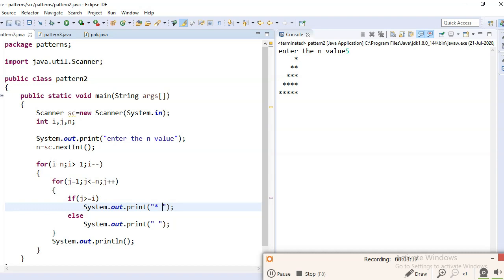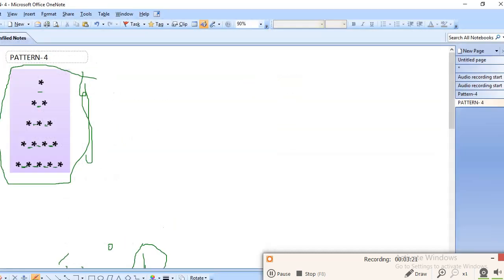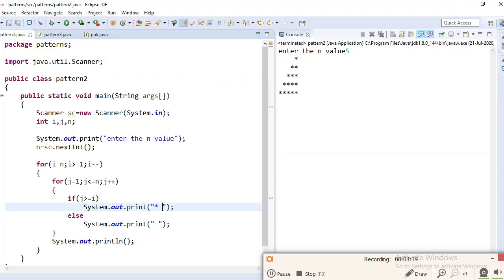Why have I given one space? If I print a star, after that give some space, then again print one star, and after one star again print some space. Like this, I am using space here.